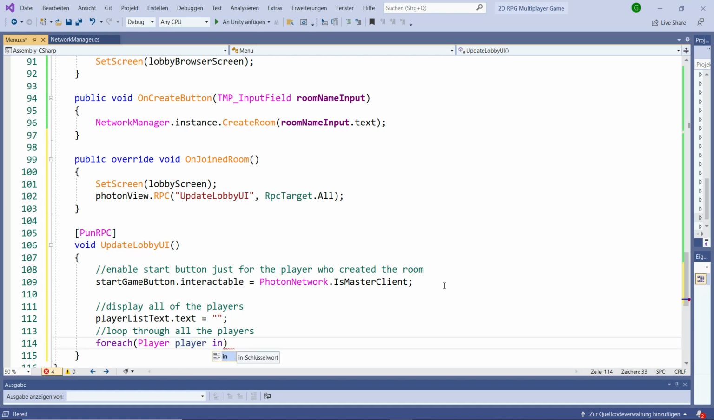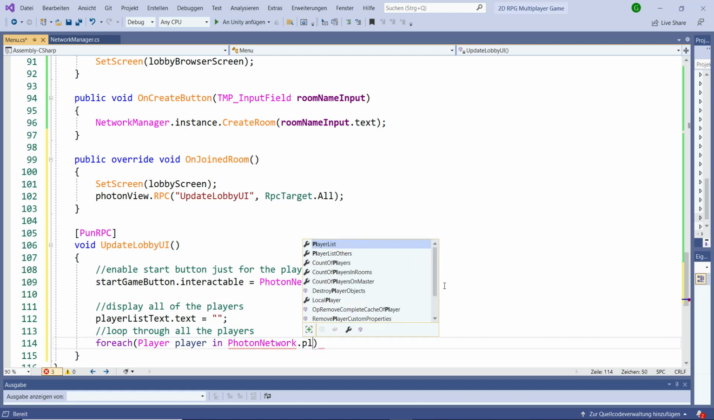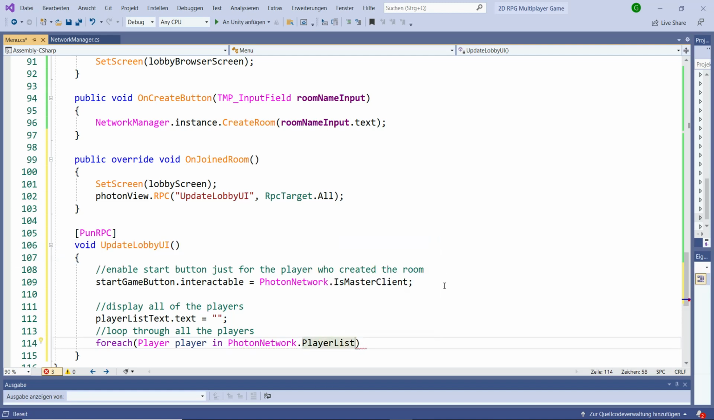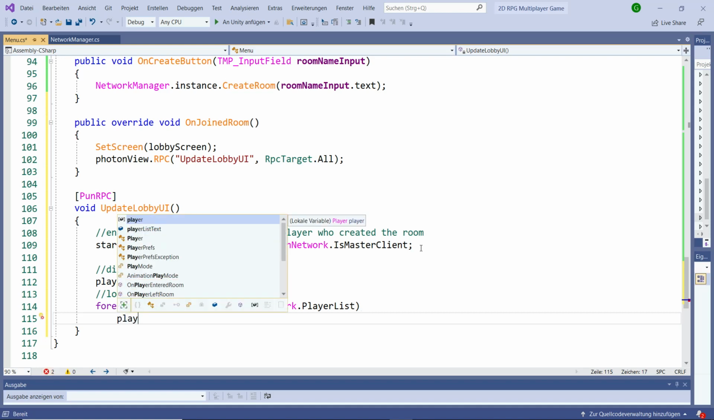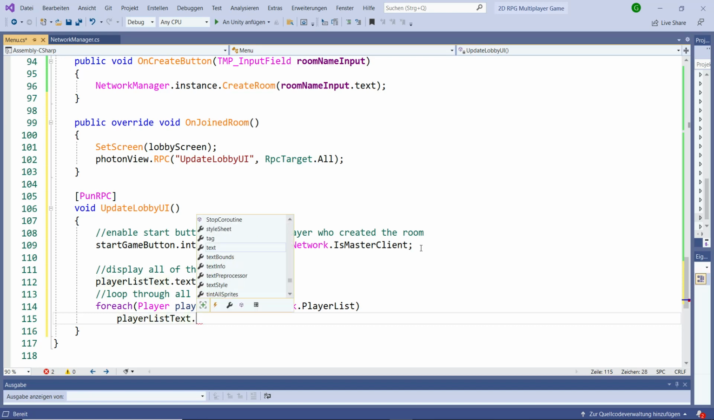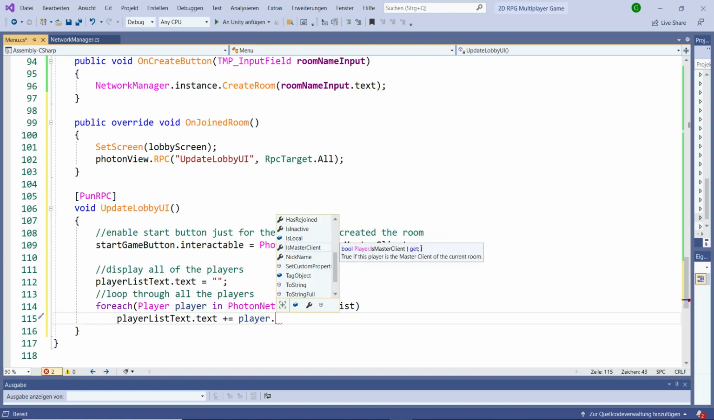Now who is the player? It is in PhotonNetwork.PlayerList. That means you are going to search for all the players that exist in PhotonNetwork.PlayerList. And then here we want to put the name inside of here. So playerListText.text plus equal player.NickName,